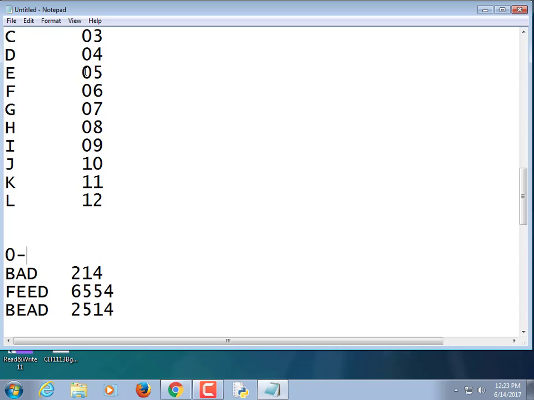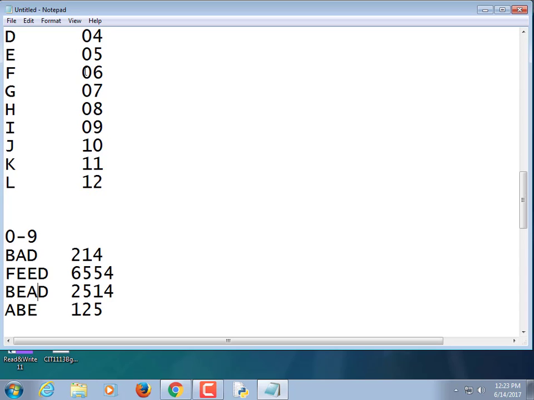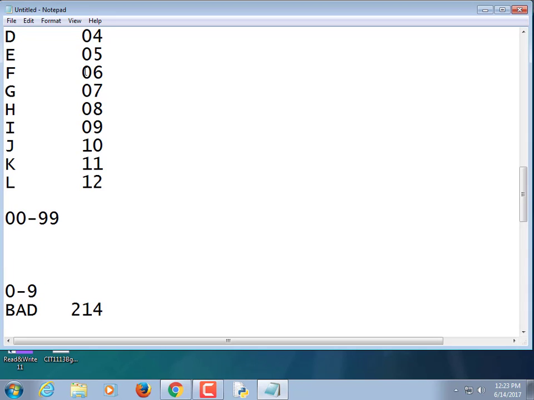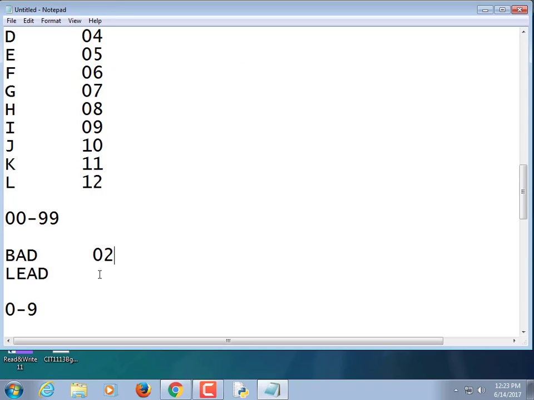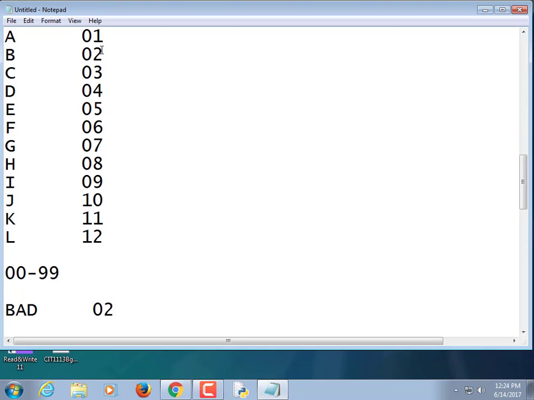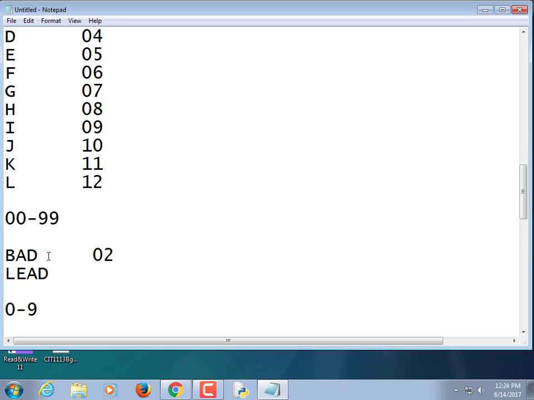So using the 0 through 9 scheme, those would be our results. If we were going to use the 00 through 99 scheme, let's say we're going to use bad again, but we're also going to do lead, or just LED if we like Led Zeppelin. Okay, so B is a 0, 2, an A. In fact, let's encode the words bad space lead. So 0, 2, 0, 1, a D is a 0, 4, a space we decided was a 0, 0, and